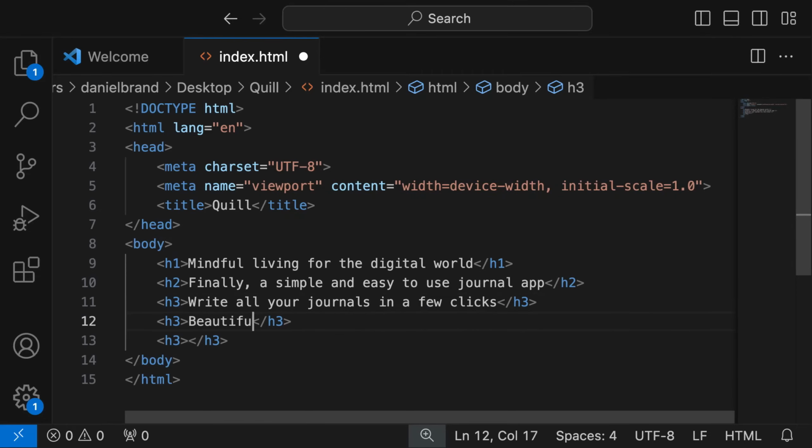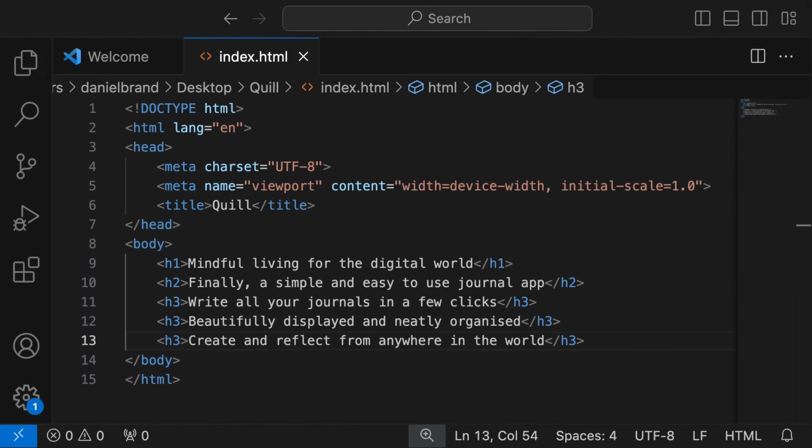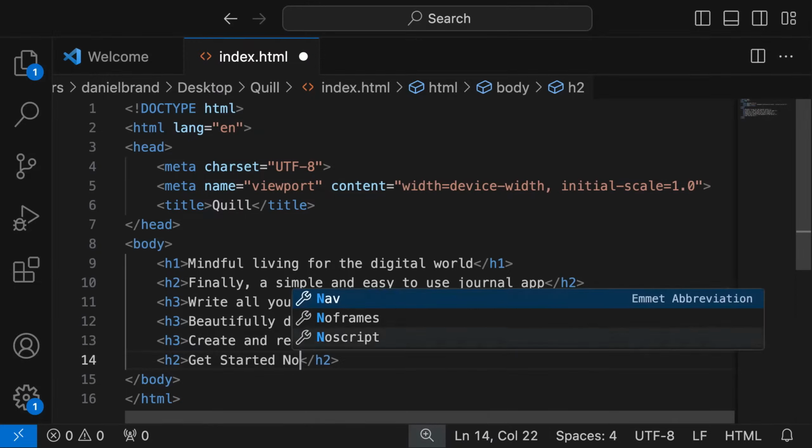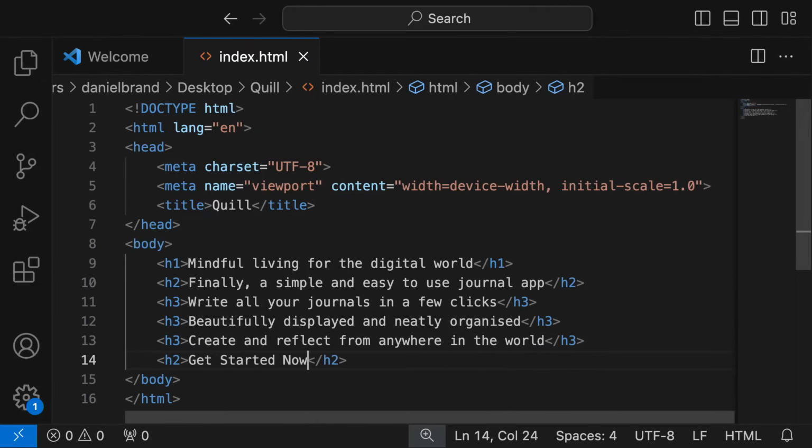Next, we had "Beautifully displayed and neatly organized." And the final H3 was "Create and reflect from anywhere in the world." Final heading we had was the H2 at the bottom, which was the call to action at the bottom, "Get started now." Now, when I'm writing my HTML, I personally like putting line breaks between the different sections, so it's